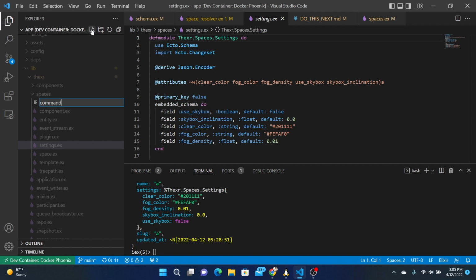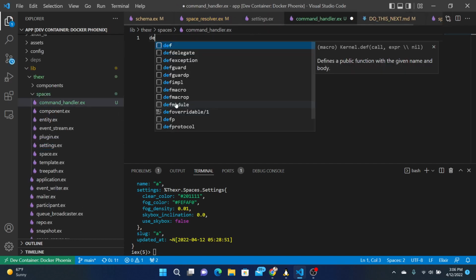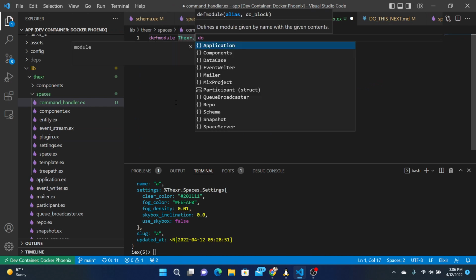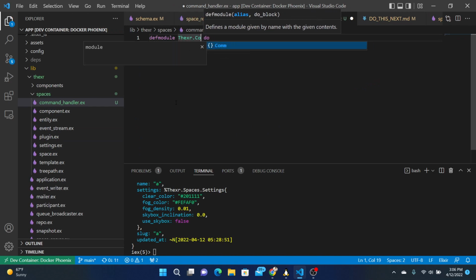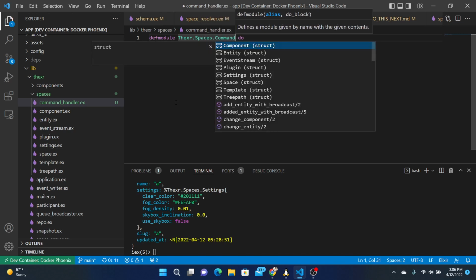Spaces, command center, command handler. My module XR command spaces command handler.